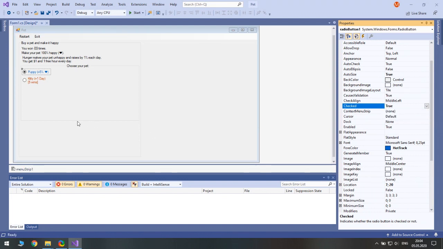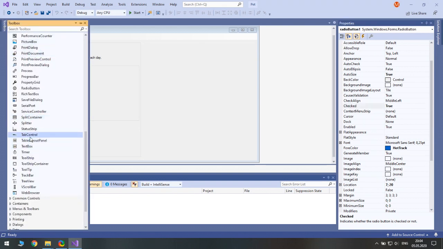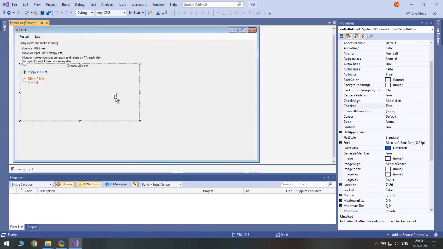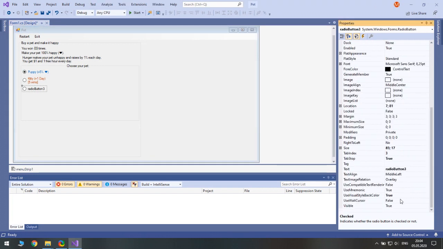Now, the third option, the third pet, will be parrot. As for its bonus, well, let's assume that hunger would have a different effect on different pets.